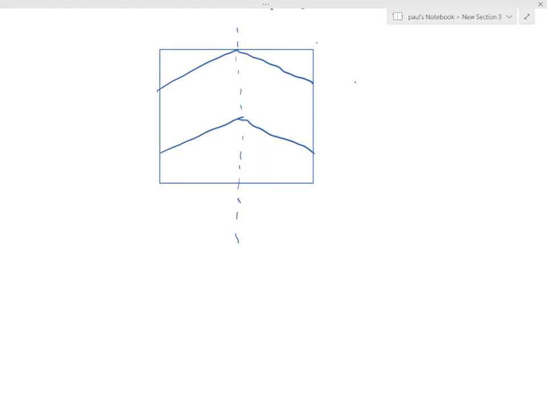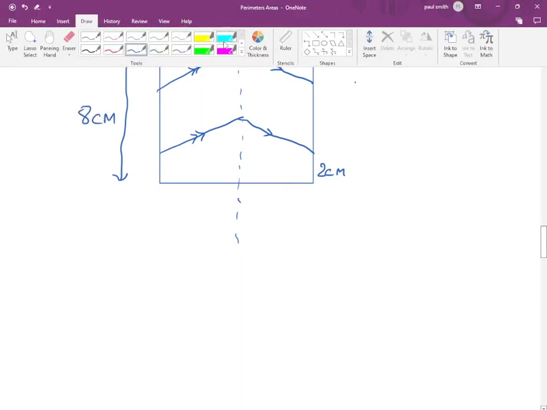And we had some measurements on here, so this was 2 centimeters, and this is parallel to this, and this one was parallel to this one. And we said that the whole thing was 10 centimeters wide, and the whole thing was 8 centimeters. I know it doesn't look like it, 8 centimeters high, and we had to find